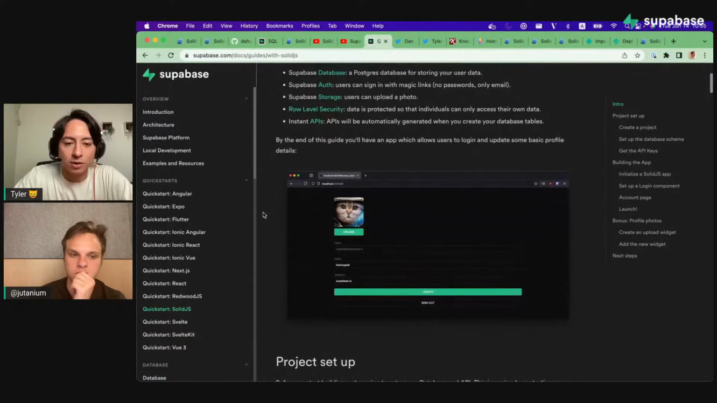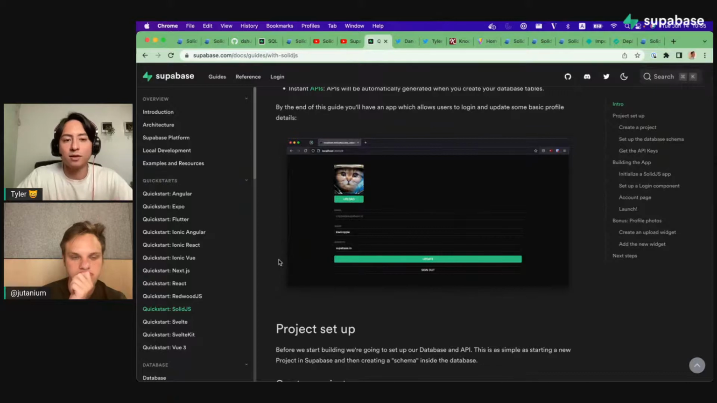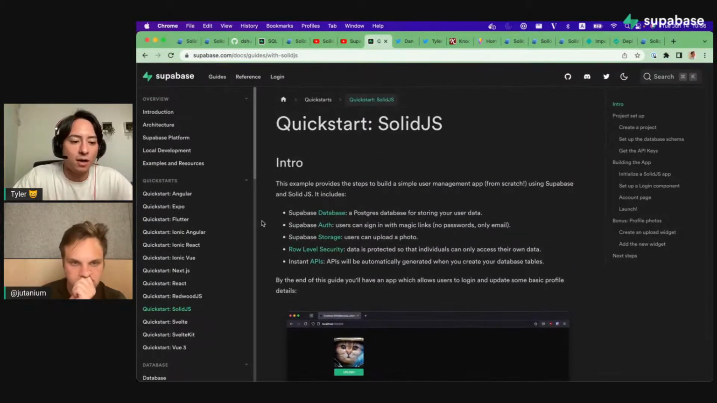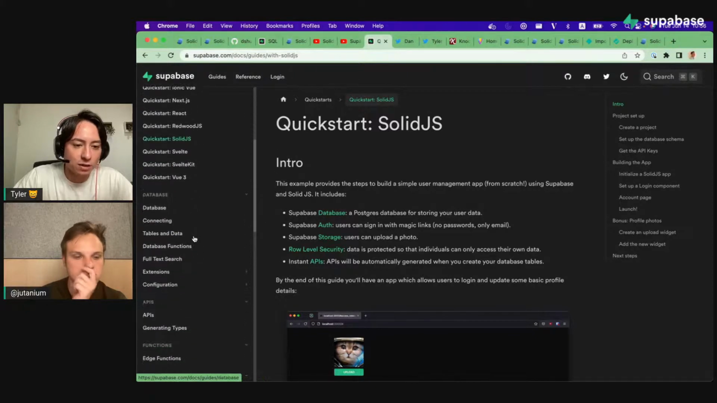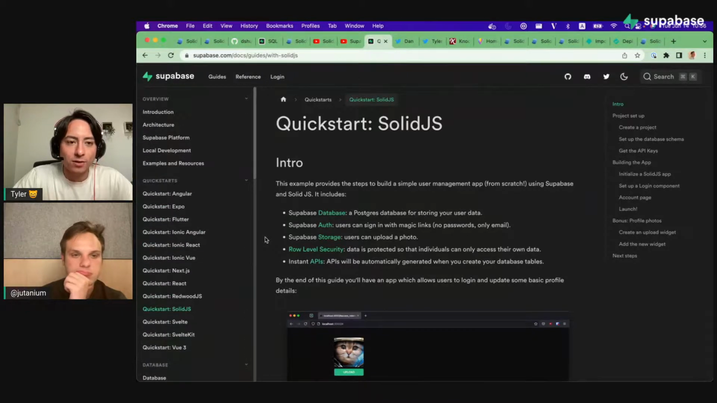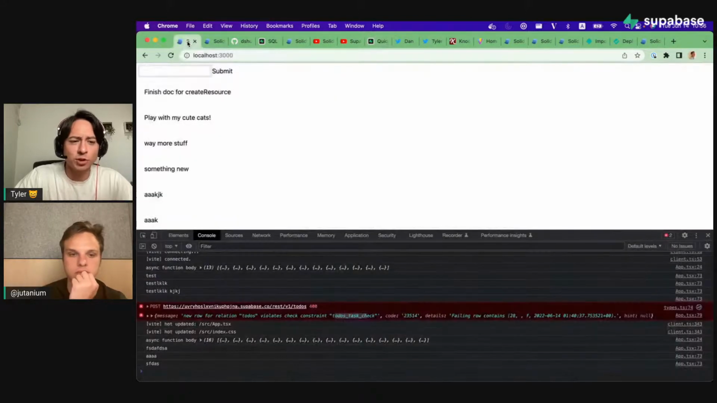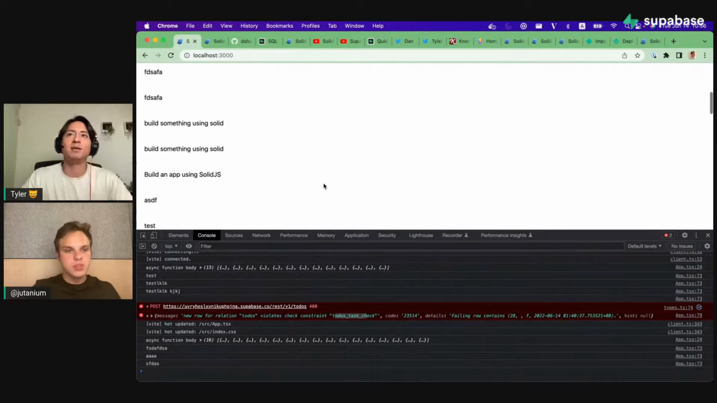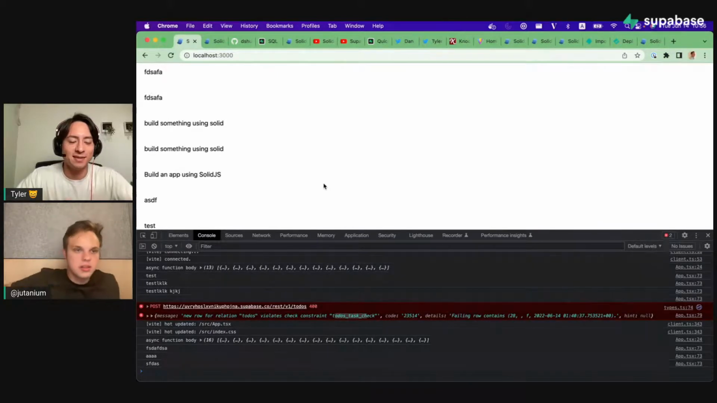So at the end, you'll build something like this where you can upload your own avatar, you can sign in using your email address, and you can update your profile information like your username and website. So this is a good starting point if you want to get started with SolidJS and Supabase. Other than that, I think that's the only official tutorial that we have on Supabase's end. For sure, we're going to have to create more tutorials, maybe more live streams like this,